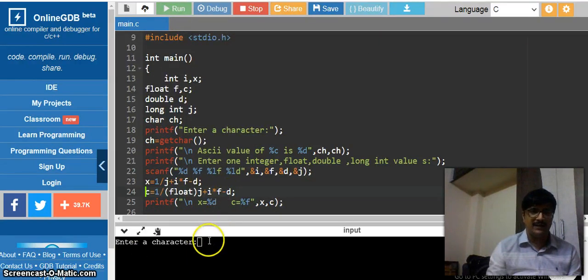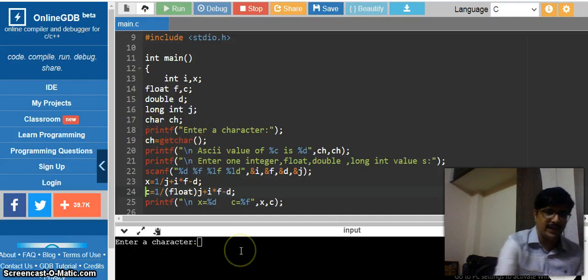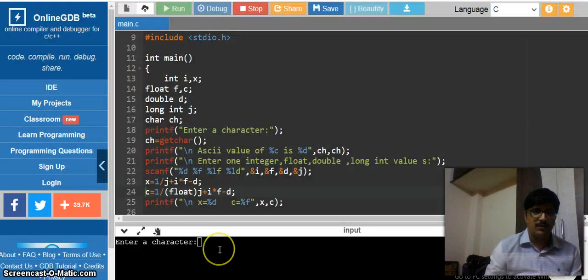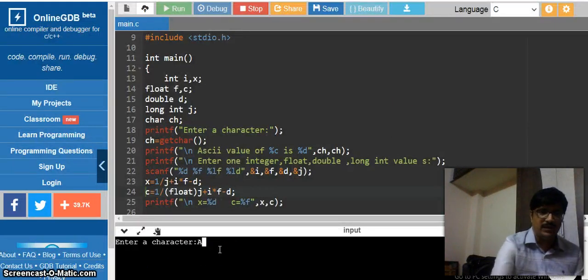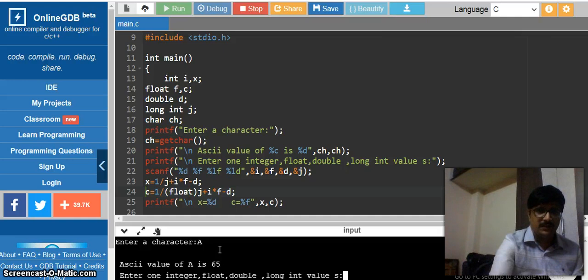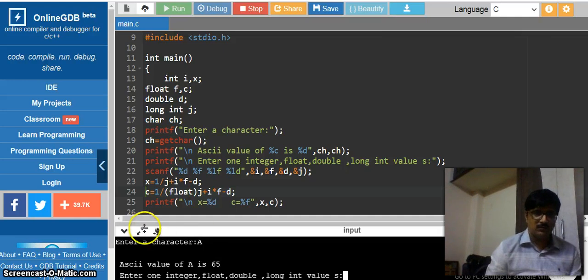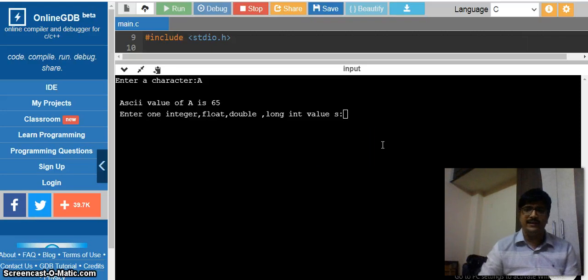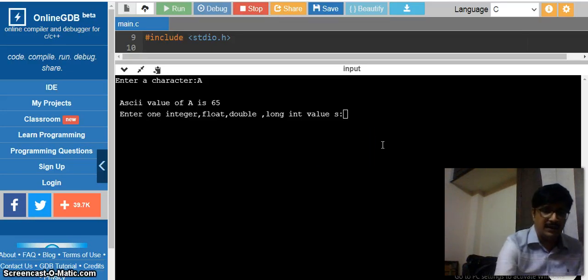So it is asking to enter a character, you can find printf enter a character, and getchar is ready to take a character. So let us give a character. Let me give a capital A, and press enter. After that, it is asking me to enter an integer value, float value, double, and long int values. So let us enter those quickly.